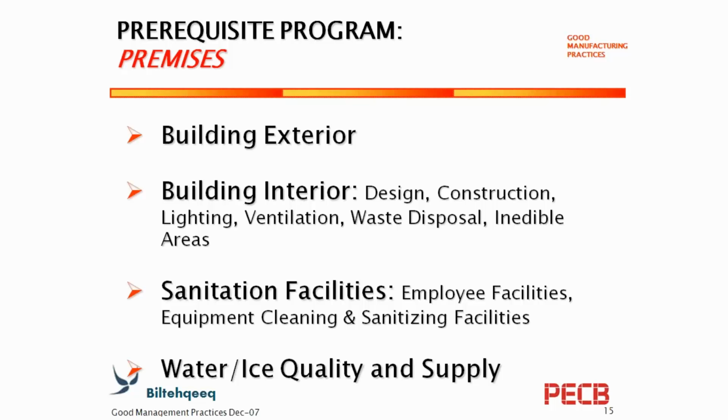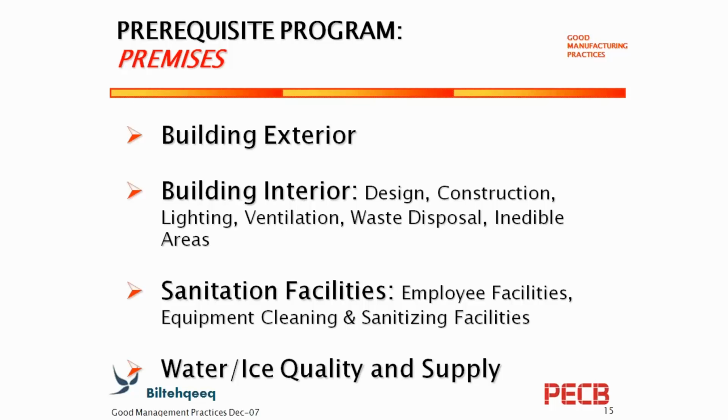And if the external environment is very bad, then it will definitely affect your quality management system in an adverse way. So when you are going to select the site of your plant, you should be careful about